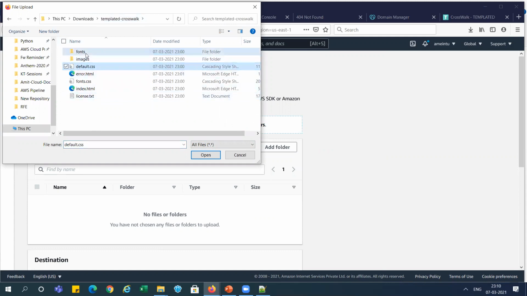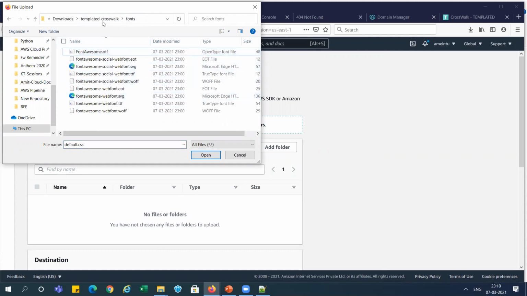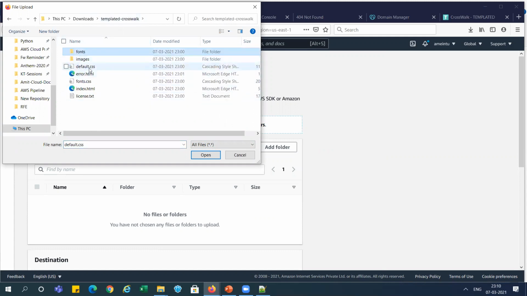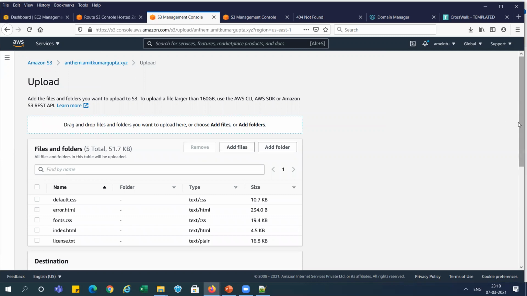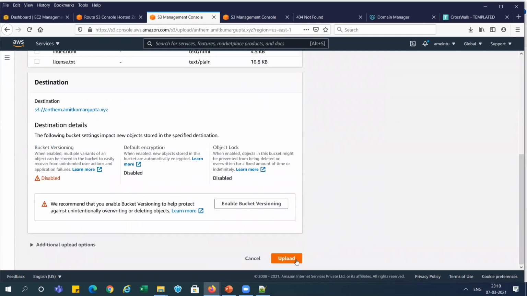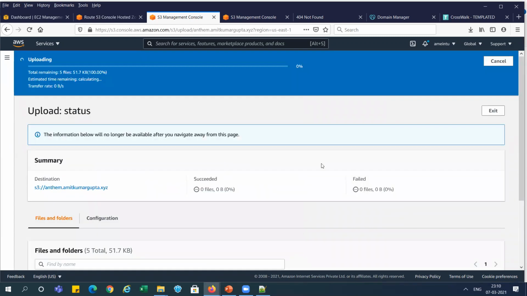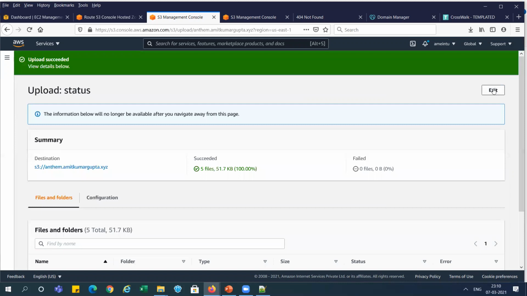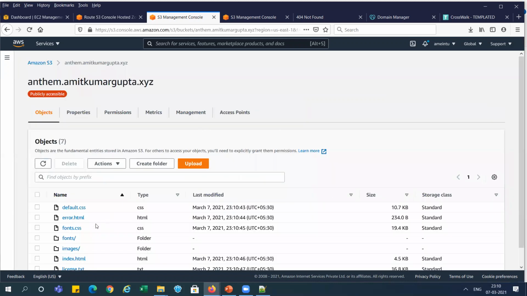Last time we actually added these files, so we were getting the error. So I'm selecting all 5 files and doing upload, right? Right, it is done. You can see here now we can see the error and index files, right?